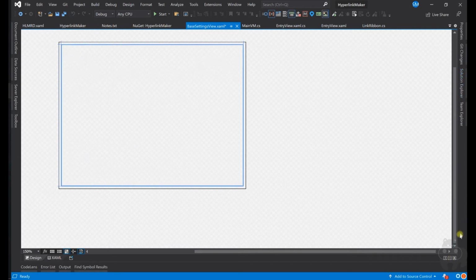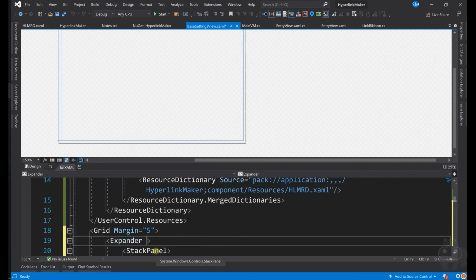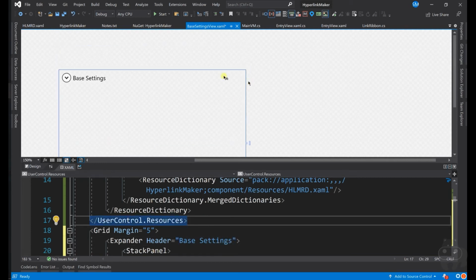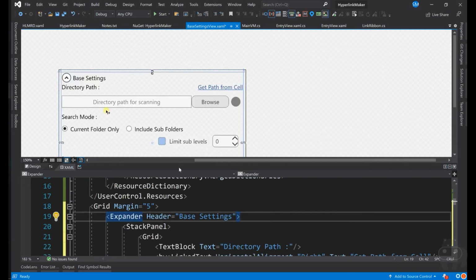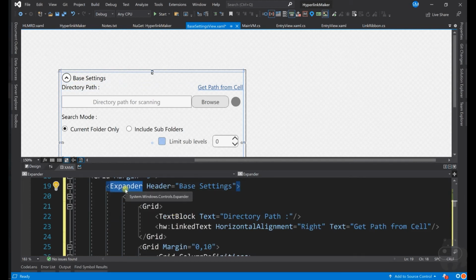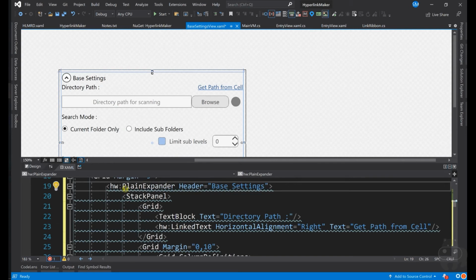And for the expander itself, you can give a header. Header is equal to base settings. So now it comes like this. You expand, you close. Now I don't like this, this kind of is old school, so I want to go with Haley the expander.